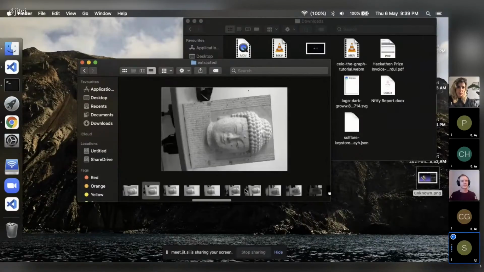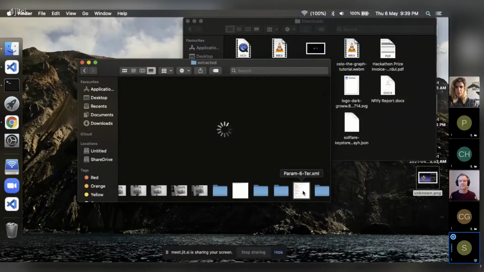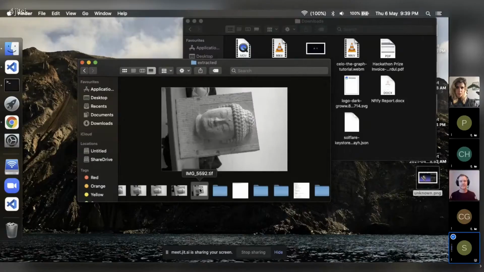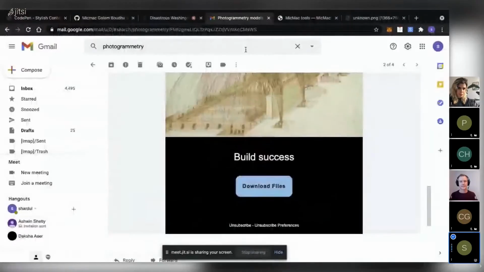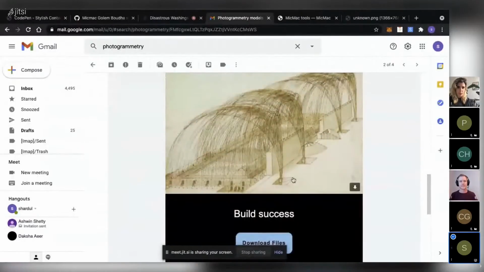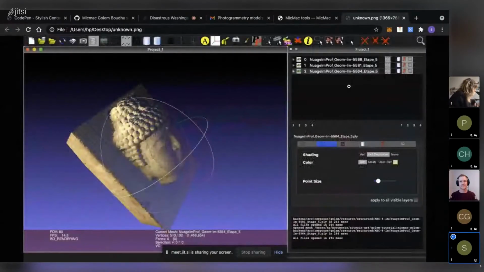Okay, and besides this, we have some hyperparameter files because for computers, we need to tell them from which different angles the images have been taken, what resolution we require, all that. So all of this was packaged in a zip file. Once this is done, we get an email, whether the build was successful or it failed, and you can press the download button and you will get the result. Right now the build is still happening, but